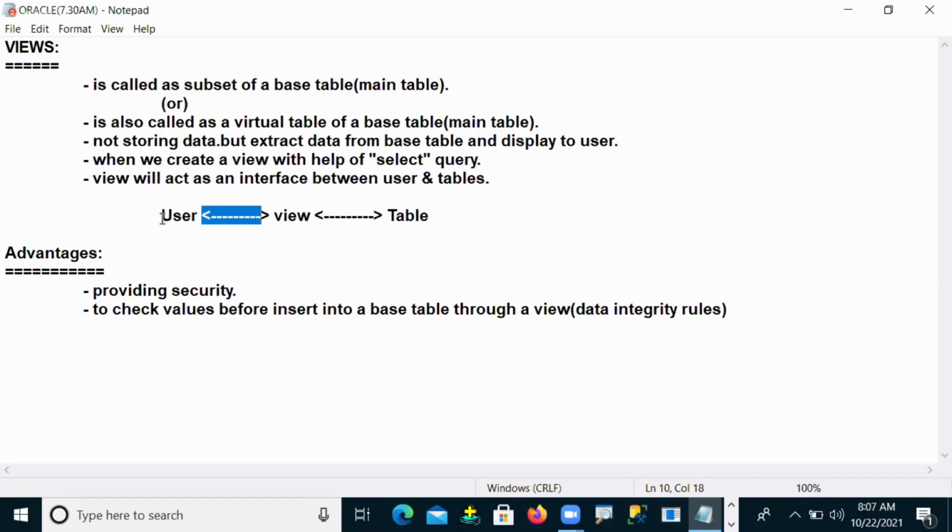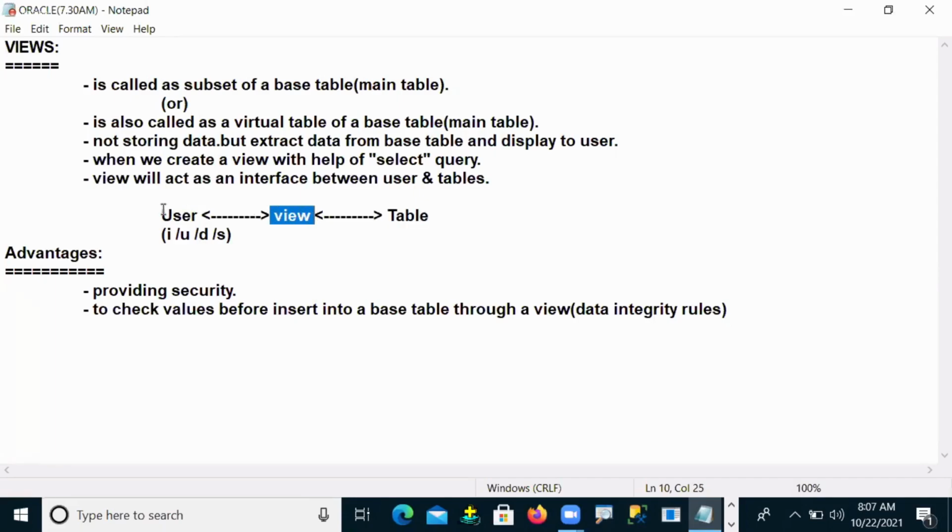Whatever operations you want to send, for example an insert operation, an update operation, a delete operation, or a select operation, these operations are sent to a view. We send them through the view, but they are executed on your table. And whatever table is affected, that affected information is again shown in the view.